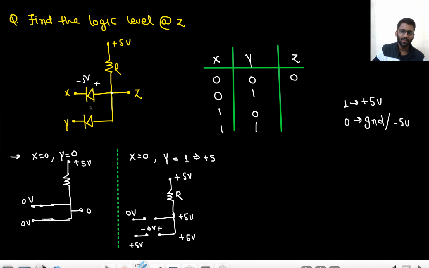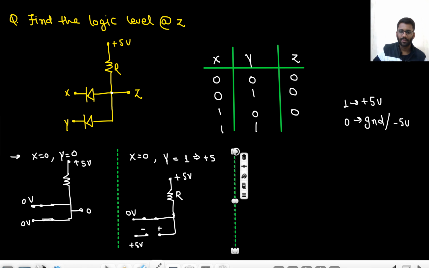And if X turns on, that means this 0 volt will come here, and that will turn off this diode, because here you are having 5 and here you are having 0. Got my point? Just write down the values, you will understand on your own. Okay. So what will happen? This x1 will turn on and this will be off only. So your final output becomes 0 only. In the other case, when y is 1 and x is 0, your output will become 0 only. And when both are